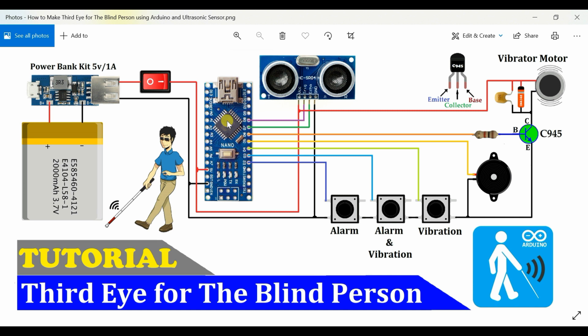In simulation, we have used Arduino Uno, and in circuit diagram, we have used Arduino Nano. It does not make any difference. Basically, Arduino Nano takes less space while Arduino Uno takes more space. In both boards, microcontroller is same, that is ATmega328. We can upload same code on both Arduino Uno and Arduino Nano. After this, we have used an ultrasonic sensor HCSR04.